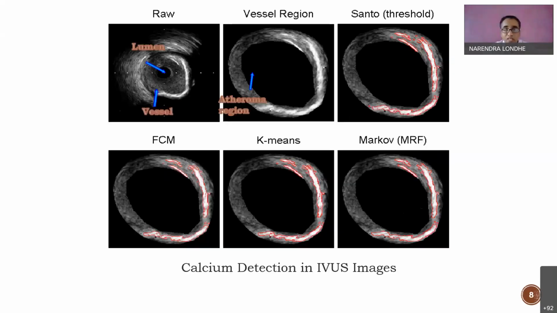So this is again one example. This is all the research work that we have done, that is done by my team, right? So this is also one example. Here you can see these are intravascular ultrasound images, and in these images we have found this calcium deposited on your artery walls. You can see this white portion is nothing but the calcium which is deposited on the artery